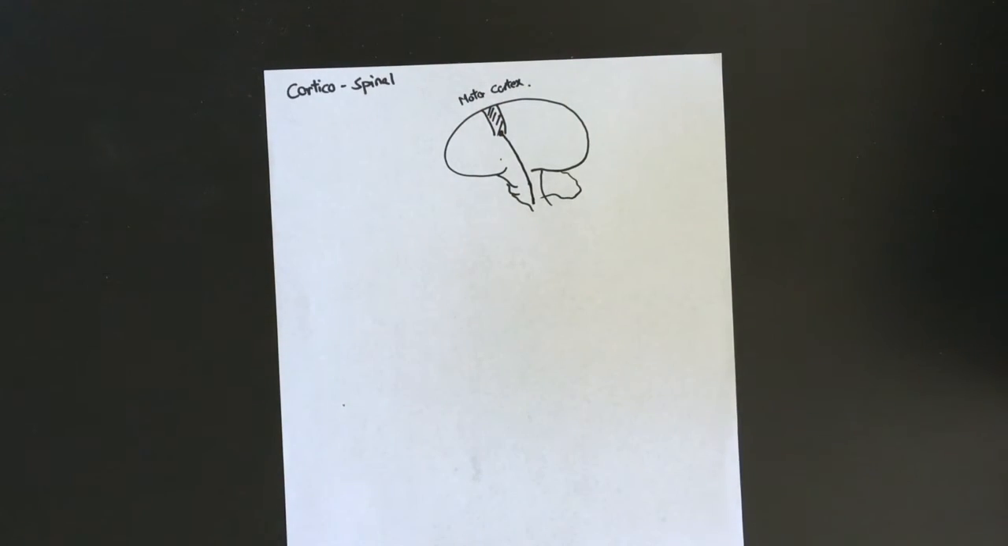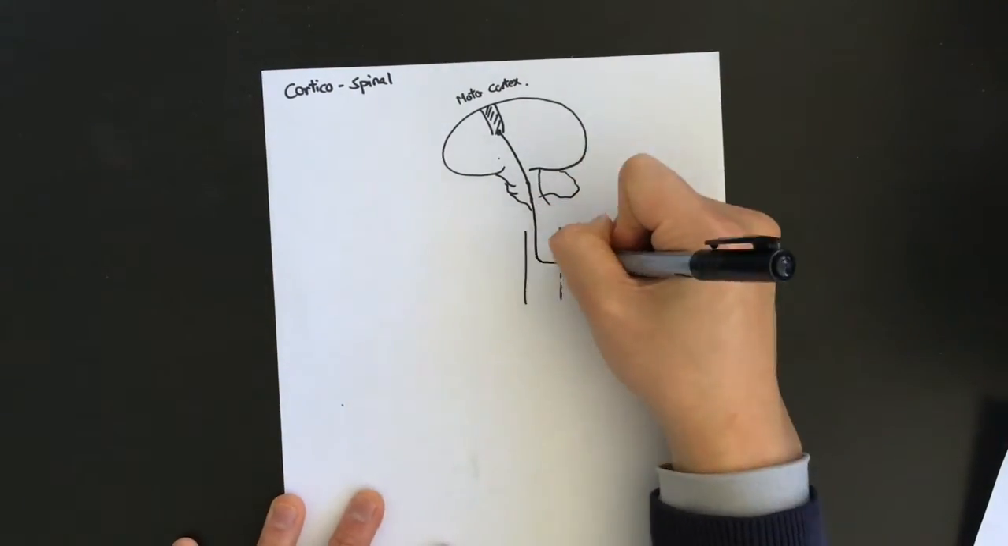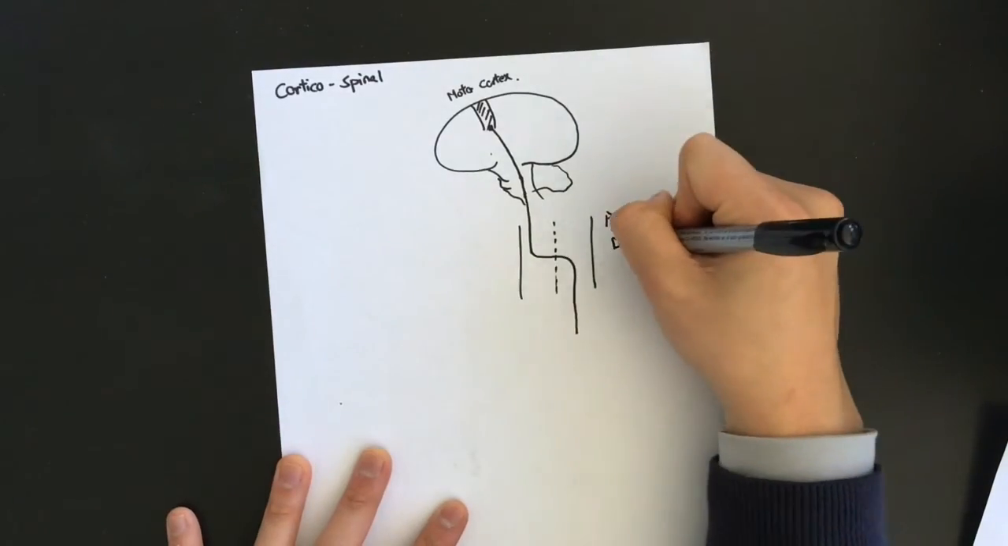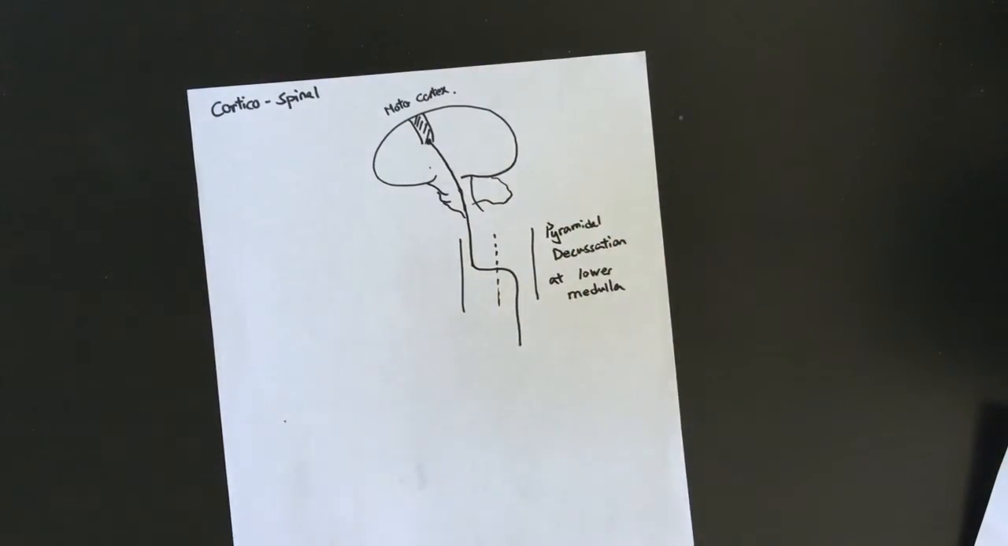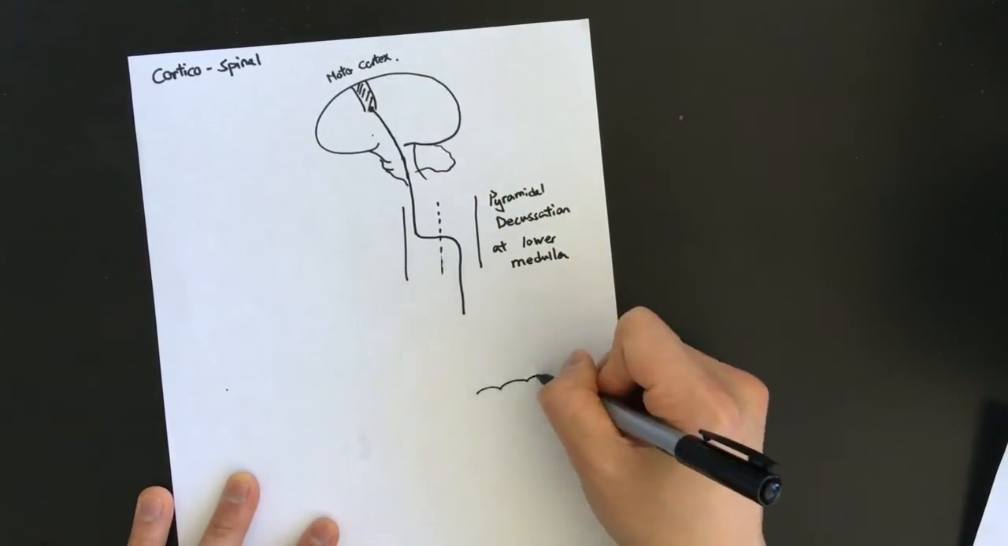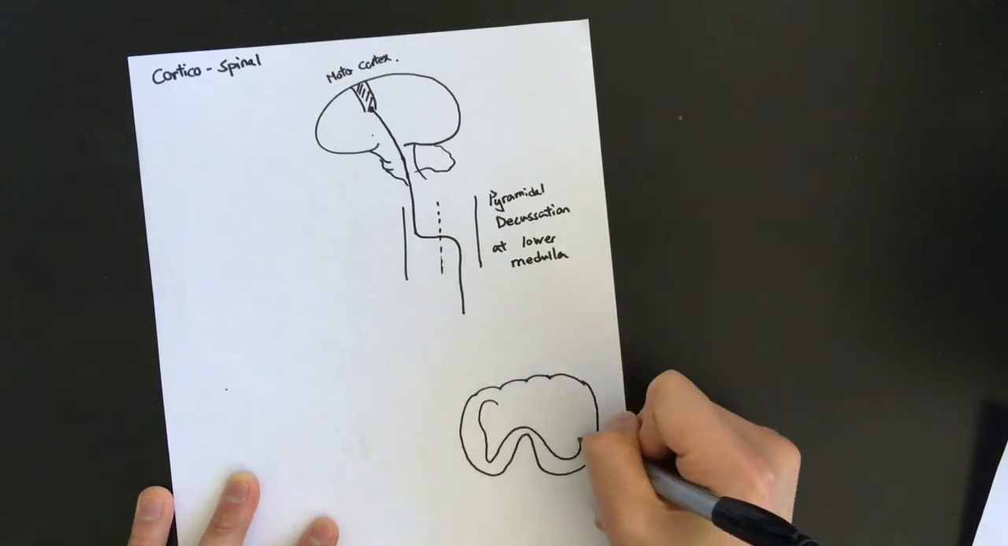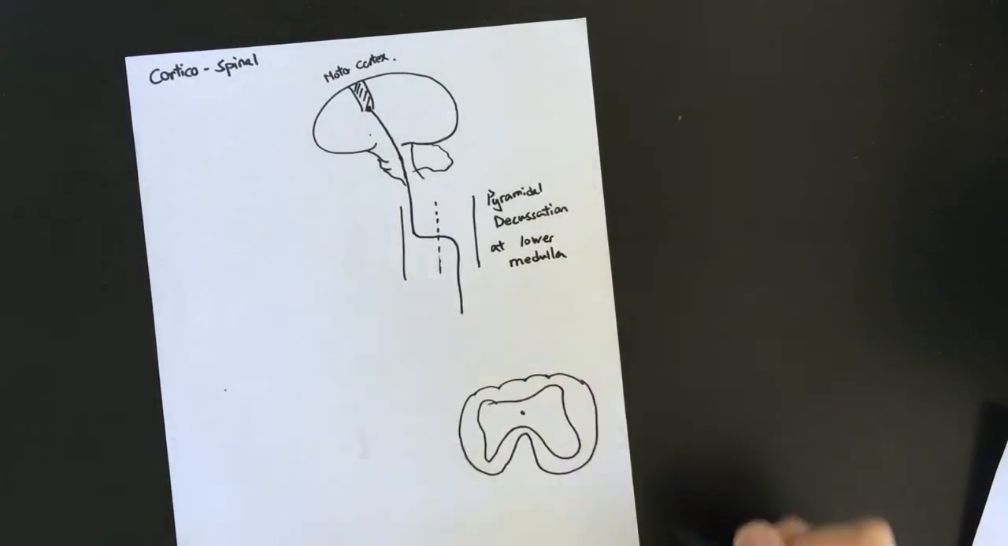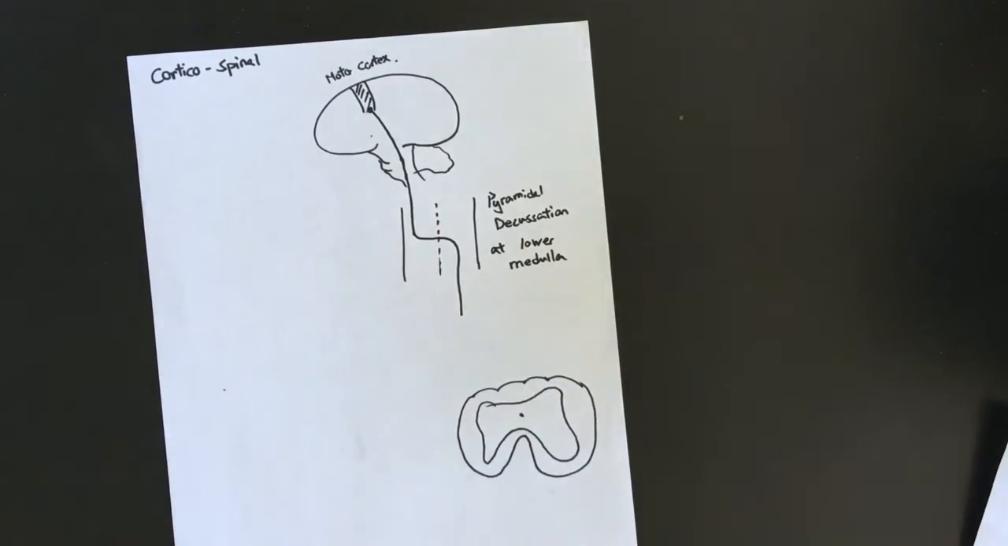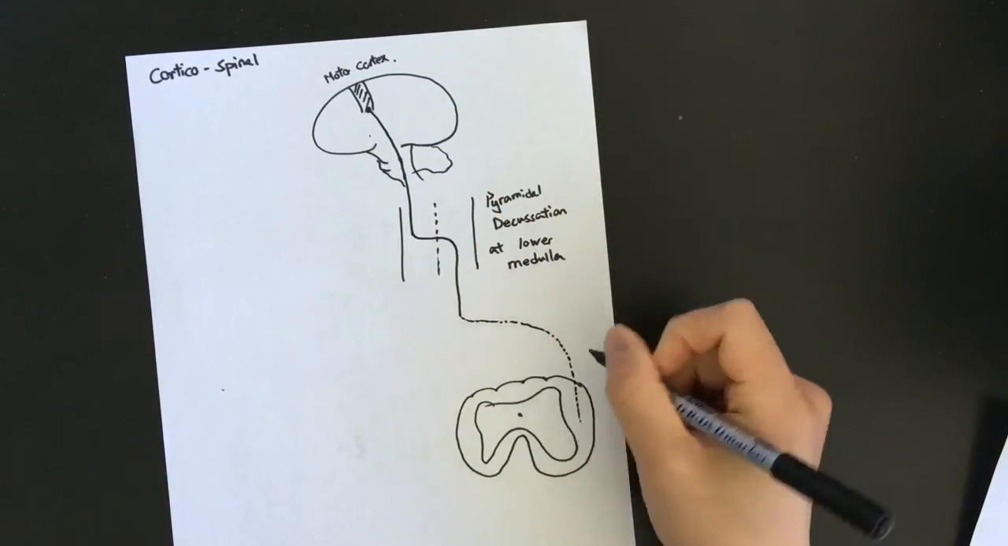Starting at the motor cortex, we have our first neuron, or our upper motor neuron. This upper motor neuron travels down all the way until the lower medulla. In the lower medulla, we get our pyramidal decussation, where our first neuron, or upper motor neuron, crosses the midline. After the pyramidal decussation, it continues to travel down the spinal cord until the level of the relevant muscle group